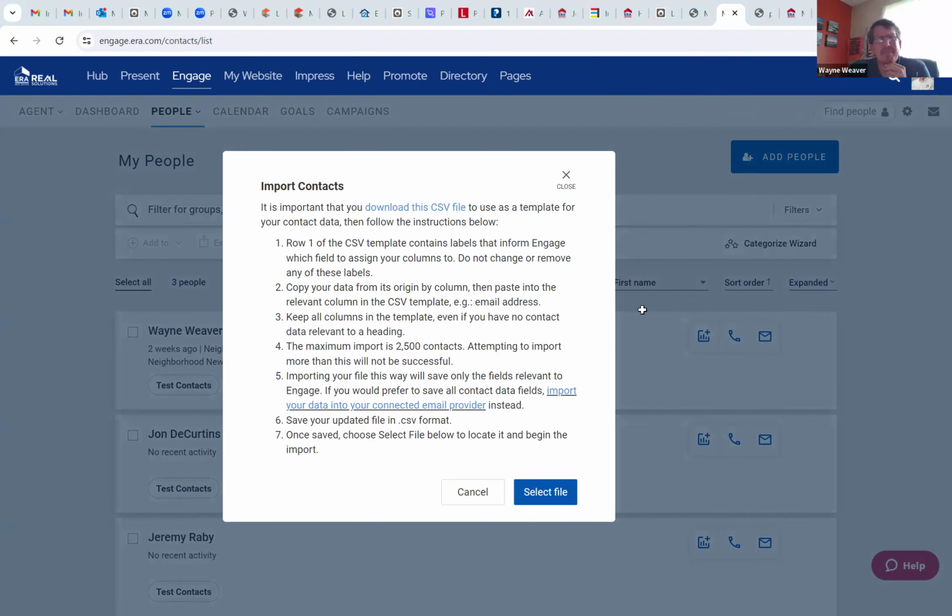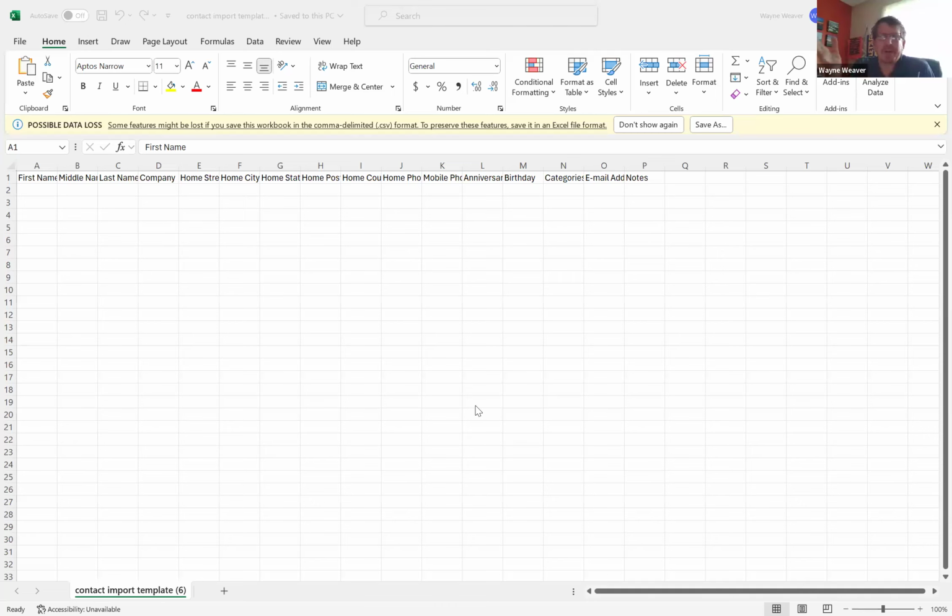Can you guys see my Excel? We see, it says import contacts. Okay, just give me a minute. All I did was open up that CSV file. I clicked that blue, it opened in Microsoft Excel. This is the format right here. If you have it all filled out in that format but can't get it to export, you'll just go to